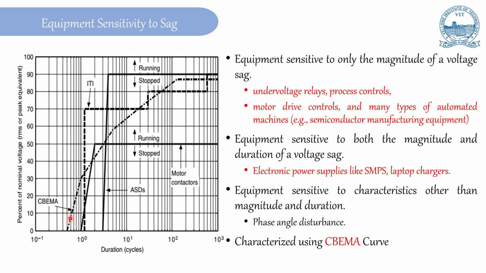Now what are these two dotted curves? One is the CBEMA curve, that is Computer and Business Equipment Manufacturers Association. These are nothing but the manufacturers of computers in short. They are proposing for the IBM machines, whatever they are manufacturing, what are the voltage conditions that the machine can work in without any deviation in its performance? For that they are representing the percentage of voltage, and the slight modification in this CBEMA curve is provided by ITI